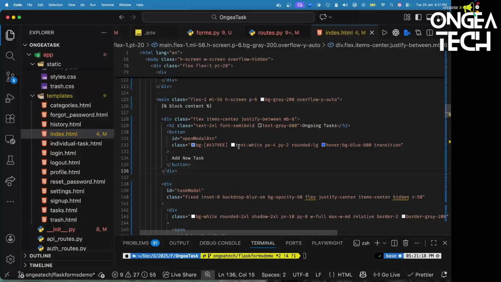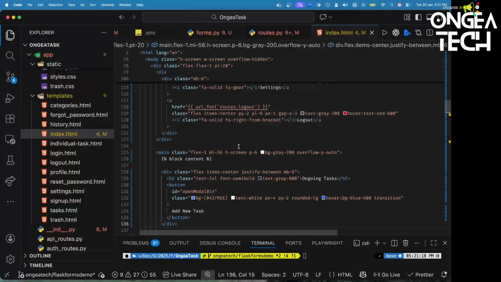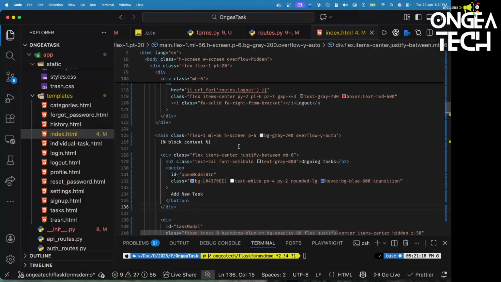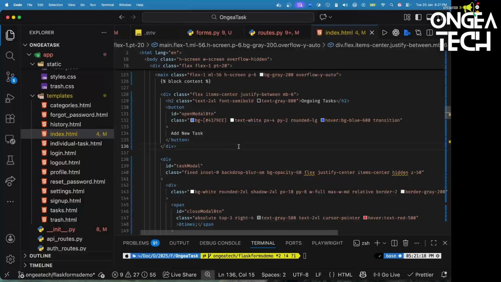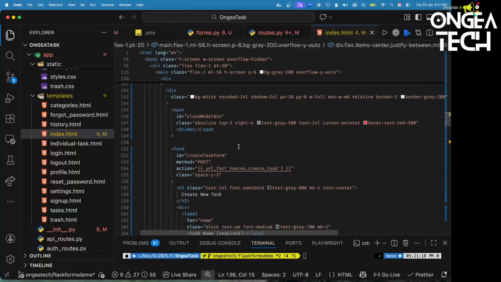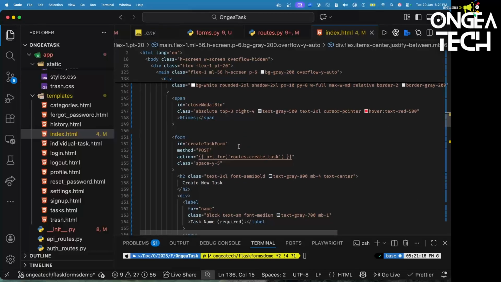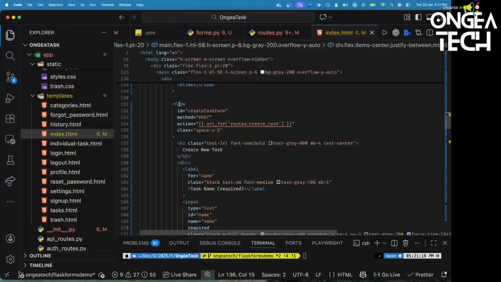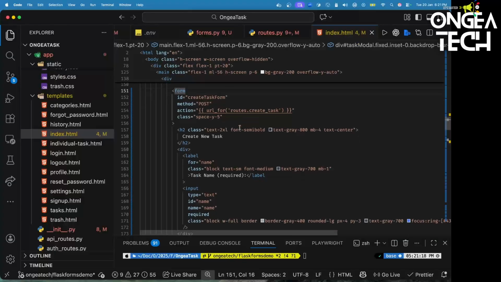Let's see, it's supposed to have a form here. So here it is. So this is the form that is currently being used to